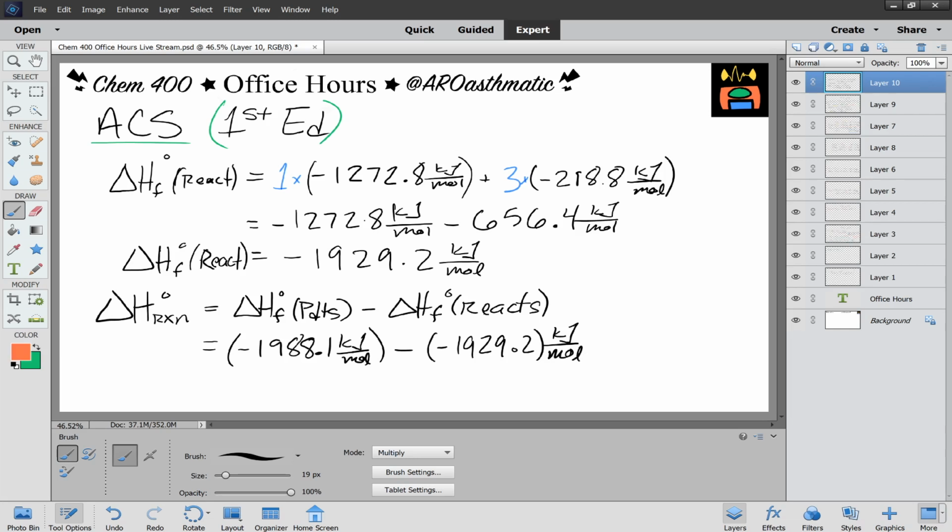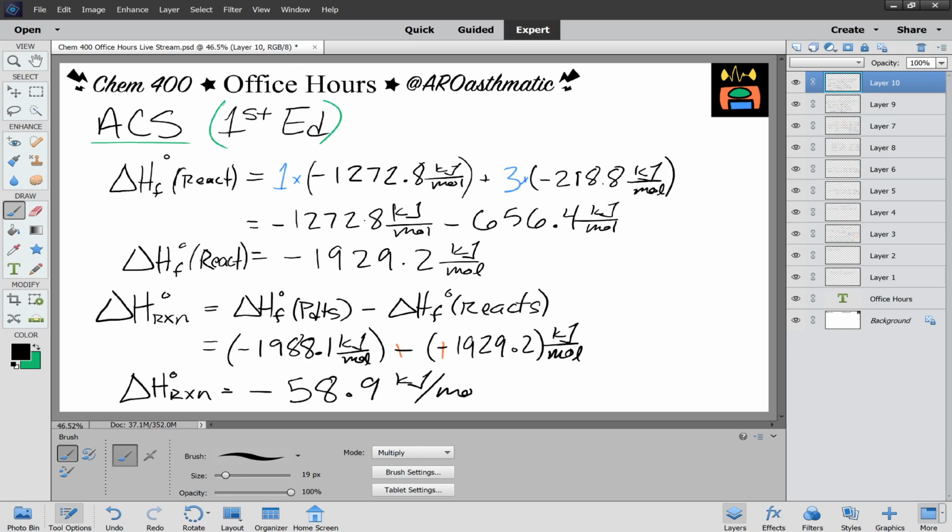This double negative will make a positive, so we end up with negative 1988.1 plus 1929.2, giving us a change in enthalpy for this reaction of negative 58.9